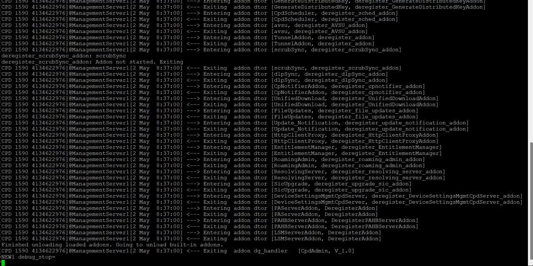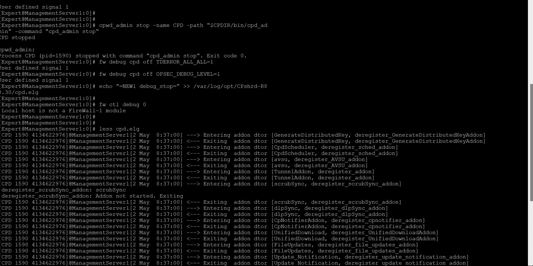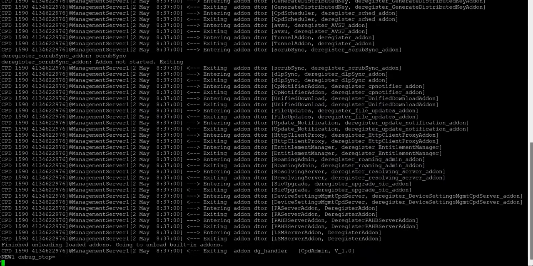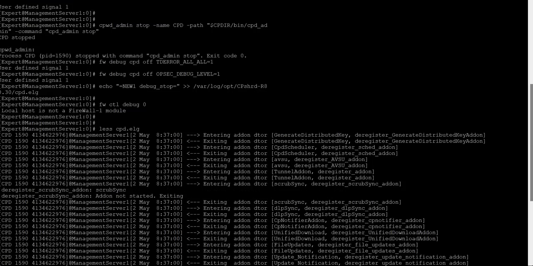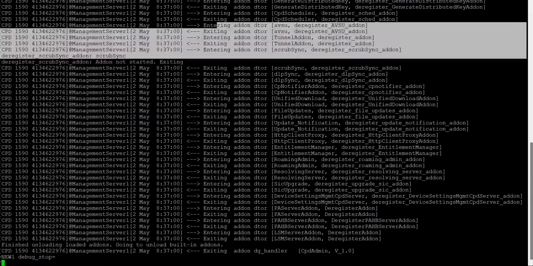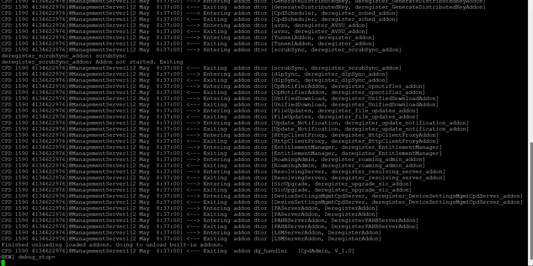So I don't see anything like that, but if you see, when this process started, we are seeing a lot of different outputs here as compared to the